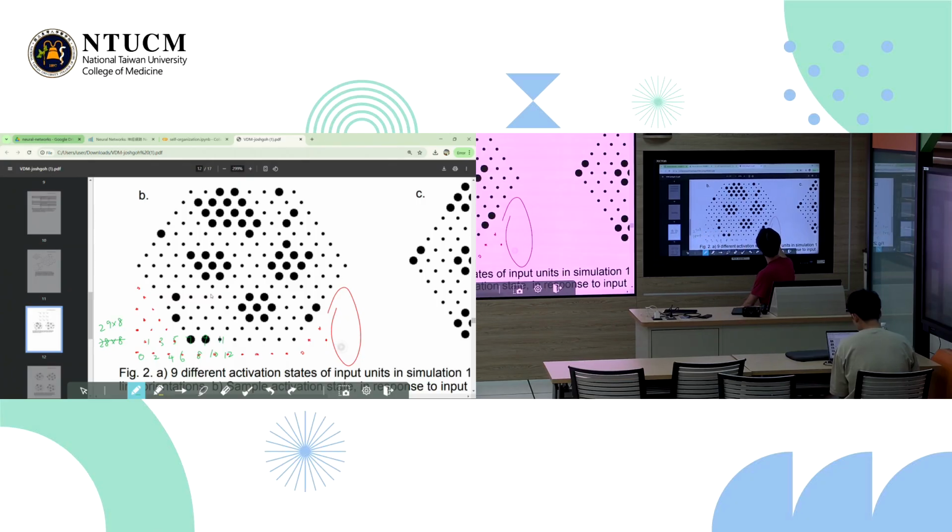If it's row 1, row 2, row 3, row 4, 5, 6, 7, 8, and there's 29 columns because this is 1, 2, 3, up to 29. Okay, so if you have this, you can totally define the entire hexagon array and also pick out the units that you want that define